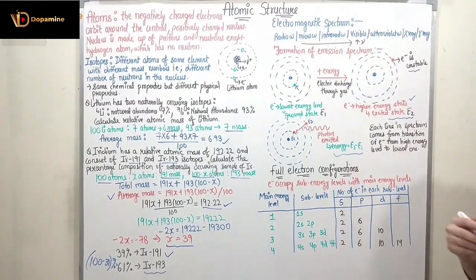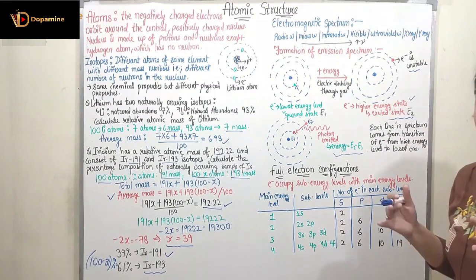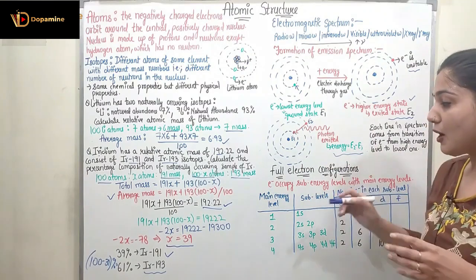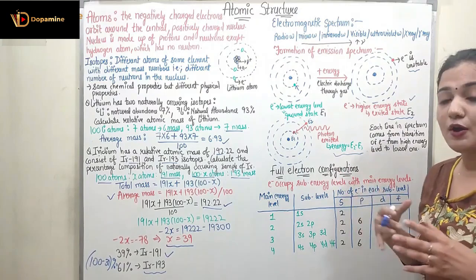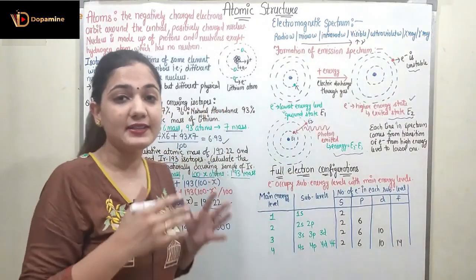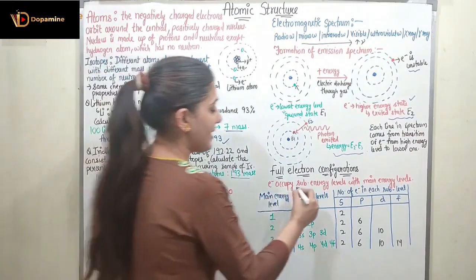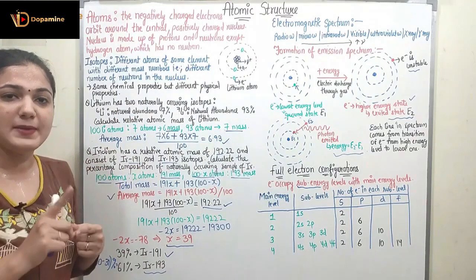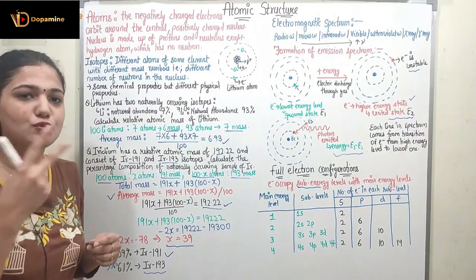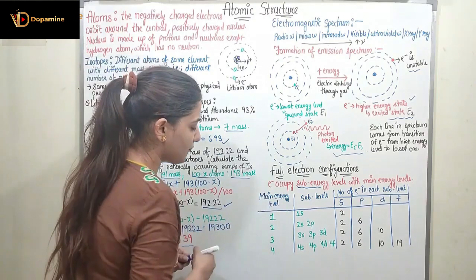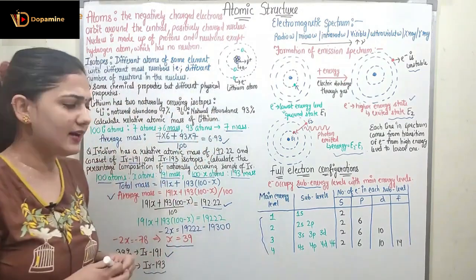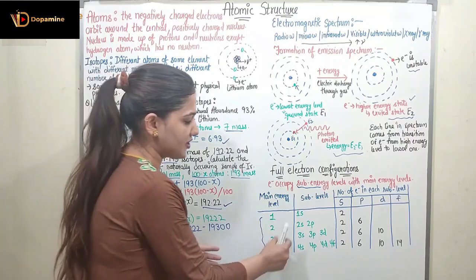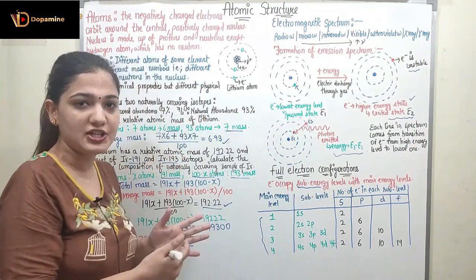Coming to the full electron configuration. Now, the electrons around the nucleus are going to occupy the energy levels. Some of the electrons are going to occupy the full energy levels, but there are some electrons which are going to occupy the sub-energy levels within the main energy level as well. So what are the main energy levels? The main energy levels would be energy levels 1, 2, 3 and 4. Okay, so these are the 4 main energy levels that we have. Right, we can have energy levels 5, 6, 7 as well, but we are restricting our discussion to the 4 energy levels. Then we can have the sub-energy levels as well.